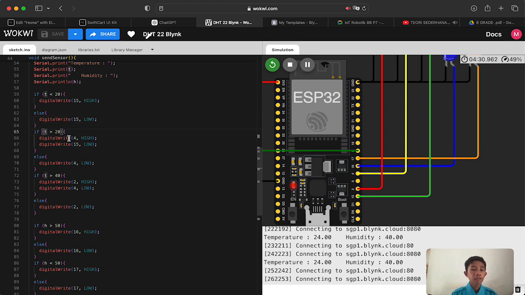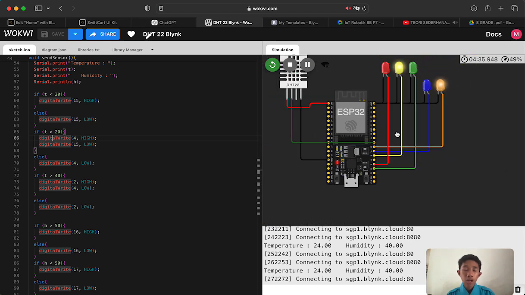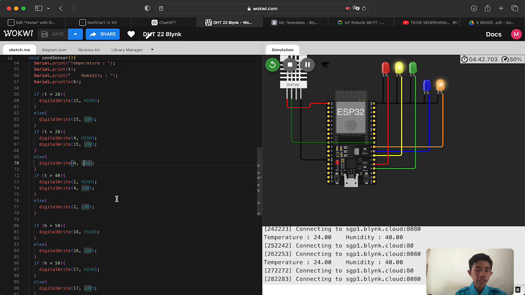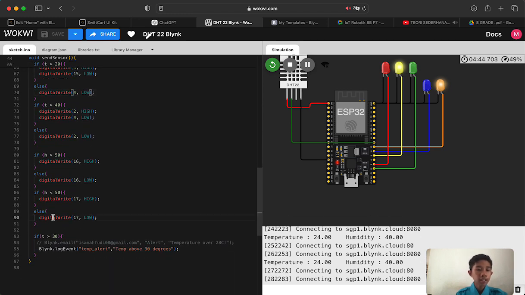And if temperature is more than 20, then the digital write is 4. You can see 4 is yellow, so 4 is on, and 5 is low. And if not, the 4 is low, and it's just like that until the end.